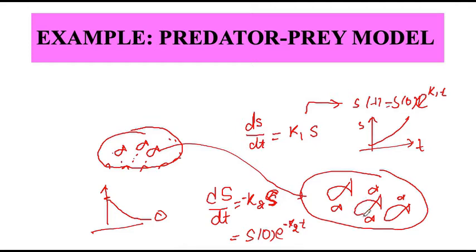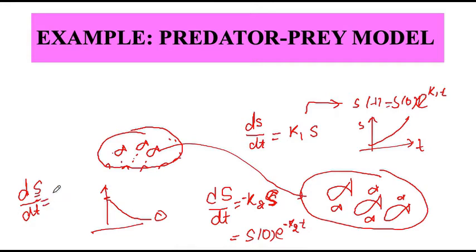So what will happen now? These big fish have some small fish to eat. So what we would expect to happen in the second equation, that I will just write here: ds by dt is equal to... These guys had nothing to eat, so they will die. Now they have something to eat, so naturally we would expect that their population will grow.